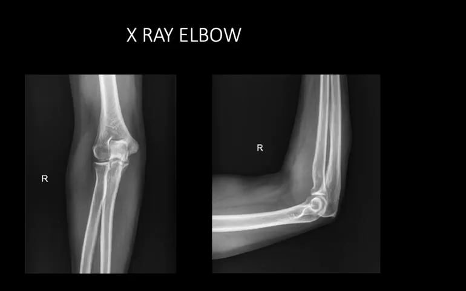So this was an X-ray elbow. Here basically we wanted to rule out any fracture or dislocation, and we can see that the cortex is intact and there is no evidence of any fracture. And also in the lateral view we can see there is no evidence of any dislocation or any fat pad